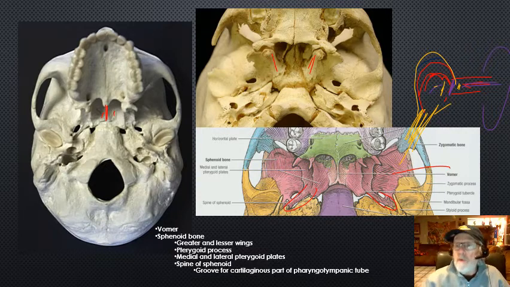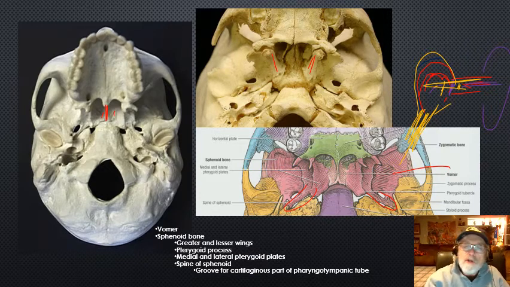Or when you're going up in a plane, the pressure in the cabin will actually cause that pharyngotympanic tube to collapse and close shut. So then what do you do? You swallow, you blow out, and that opens up the eustachian tube, the pharyngotympanic tube, and equalizes